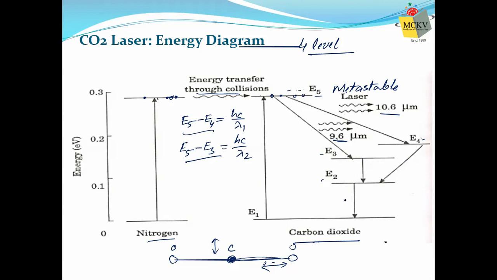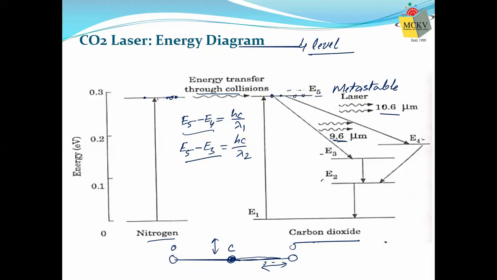So this is how the carbon dioxide laser occurs. It is just the same as a helium neon laser, only the difference is that it is a molecular energy level system. That means the whole molecule is involved. The energy levels are due to molecular vibrational states, and we are getting two wavelengths instead of a single wavelength. Both are highly probable.